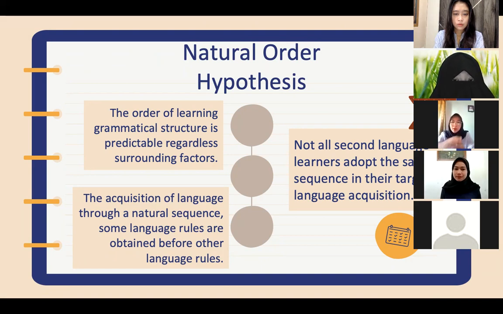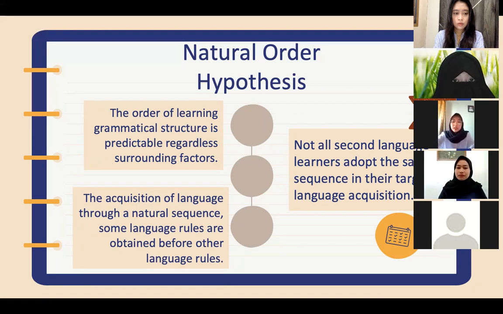For example, the progressive, word forming plus ing on the verb in children, like he is playing baseball or he is running, and the plural form marker, addition of s in 2 dogs, 3 books, are the morpheme forms that are obtained first, while the third person marker, addition of s ending to the verb in he lives in New York, and the possessive form, addition of s to the subject, such as John's hat, Ayu's bag, is acquired later, after 6 months to